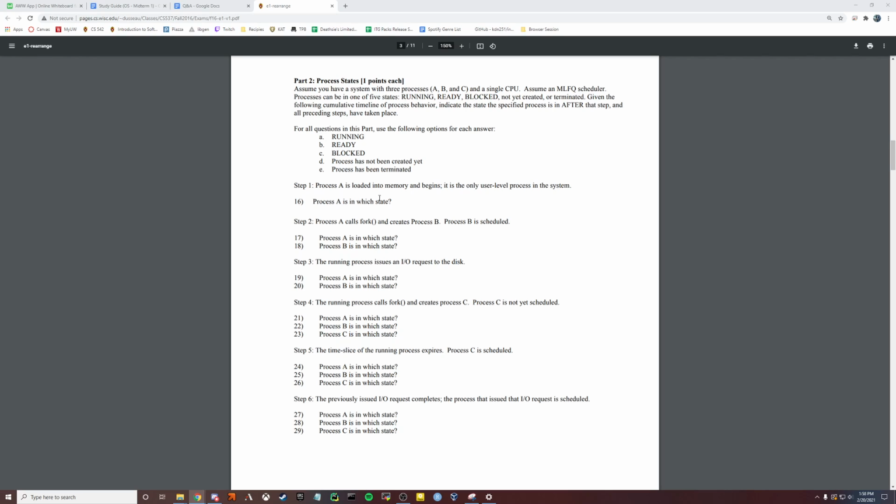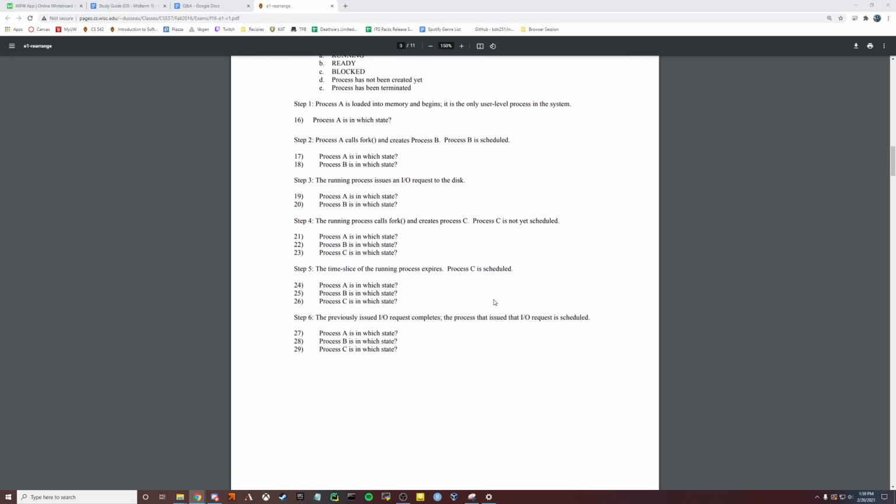Okay, so we're on 3, and we're thinking that A goes to running, and B is now blocked. Correct? We're at 3 here, for 19 and 20. So we agree, we're thinking A is running, B is blocked. Answer says that A is running and B is blocked. So yeah, correct. And if we would have just looked at the next question, we would have known